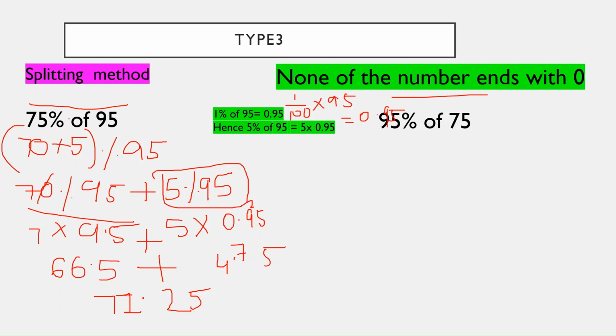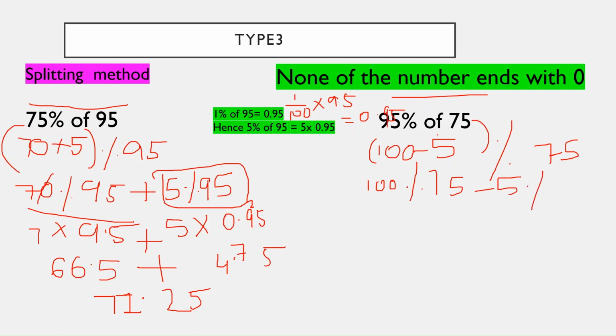Either you can do it in this way, and also you can do it in this way. I'll show you this also. Now let us split this 95 as 100 minus 5, percent 75. Now 100% of 75 minus 5% of 75. 100% of 75 is nothing but 75 itself. Minus 5% of 75 is nothing but